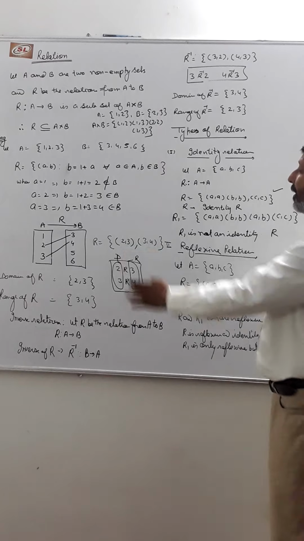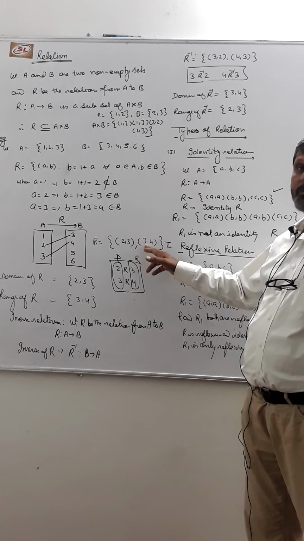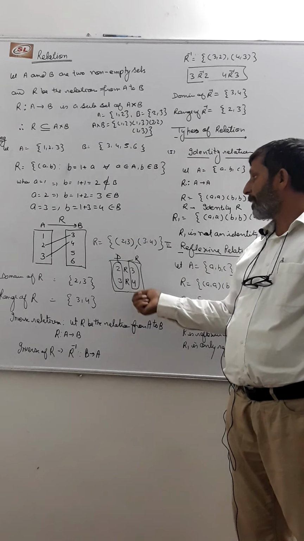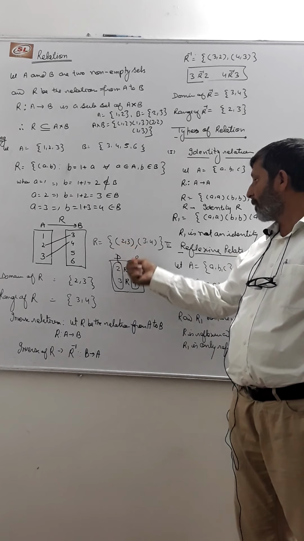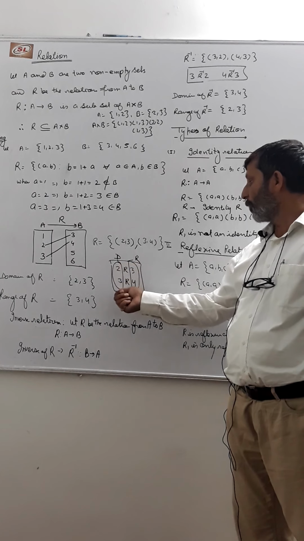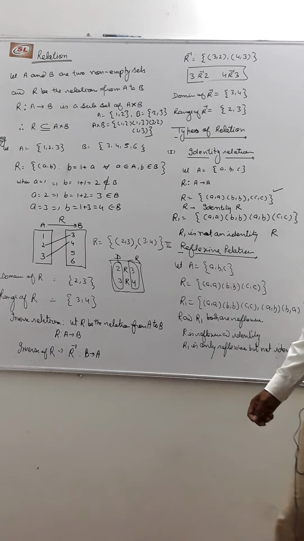In other words, if we find the relation R, the set of the first elements of the ordered pairs is 2 and 3. Or if we represent it with the arrow diagram, 2 is related to 3 and 3 is related to 4. The set of the first elements, 2 and 3, is the domain. And what is the range?